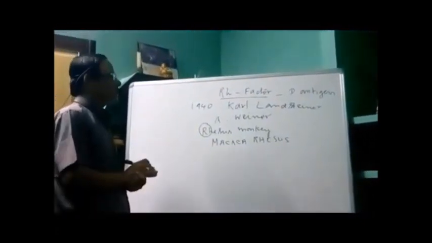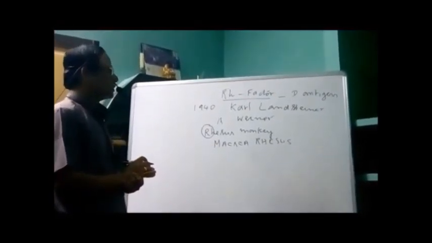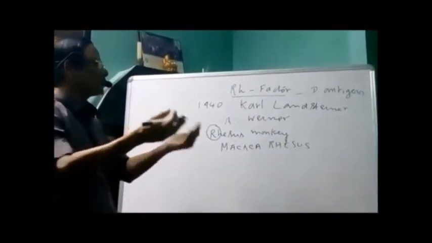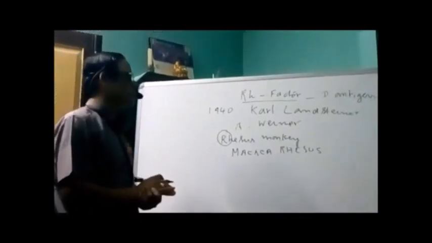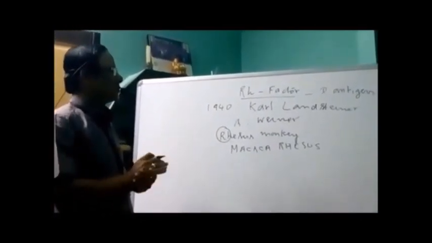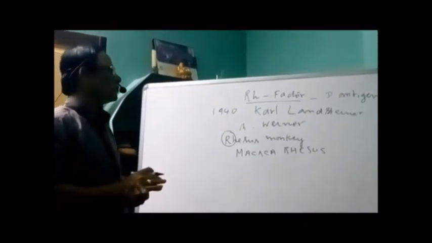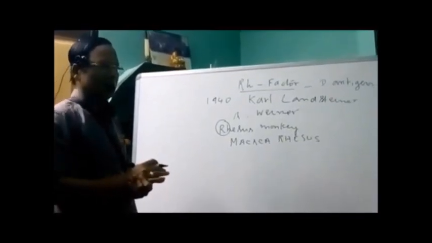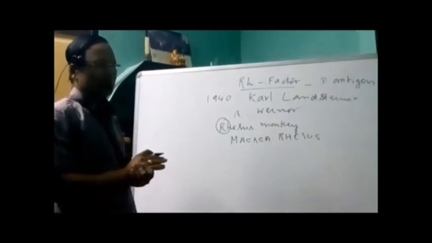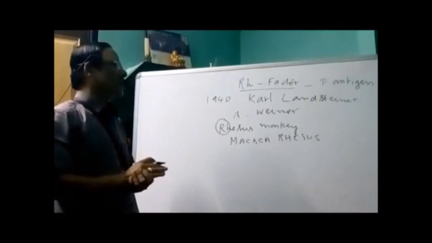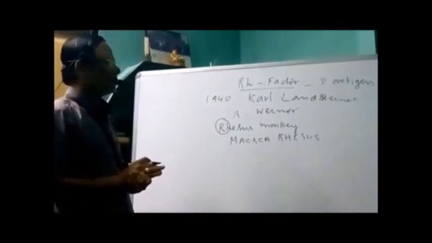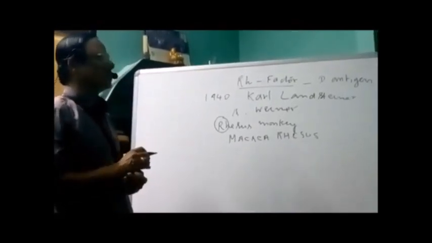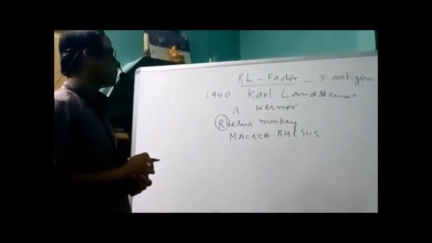So what is the RH factor here? The D antigen, that is the immunogenic D antigen. Immunogenic D antigen means the one which provokes an immune response. So the RH factor refers to the immunogenic D antigen of the RH blood system. I am repeating the word immunogen, another name given for antigen. We give different synonyms, but I don't want to take that up. So the D antigen is also called the immunogen. The RH factor is the immunogenic D antigen of the RH blood system, reported in the rhesus